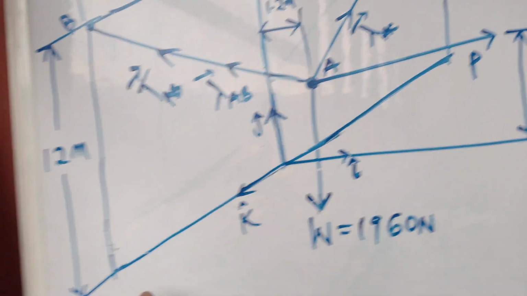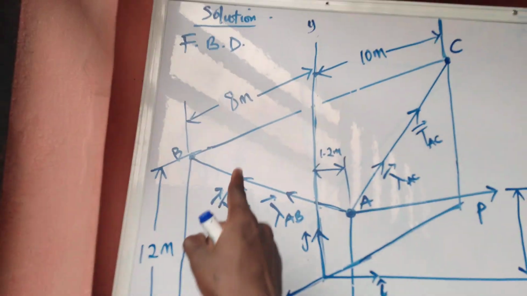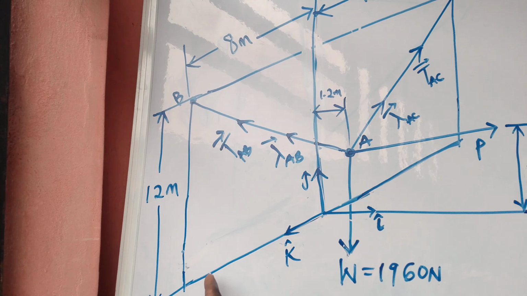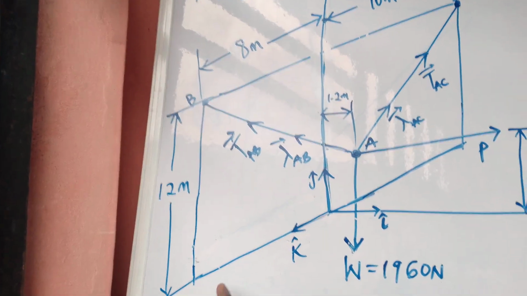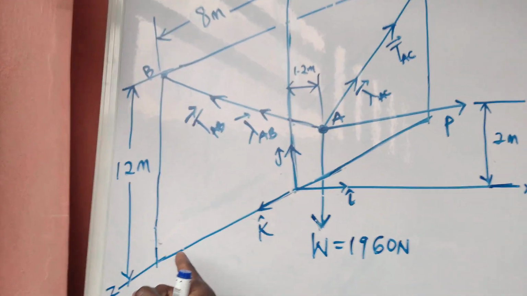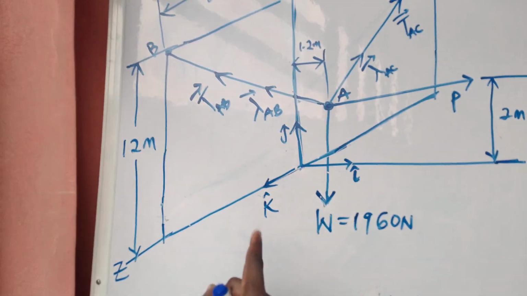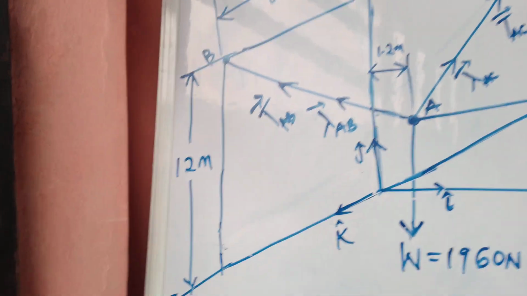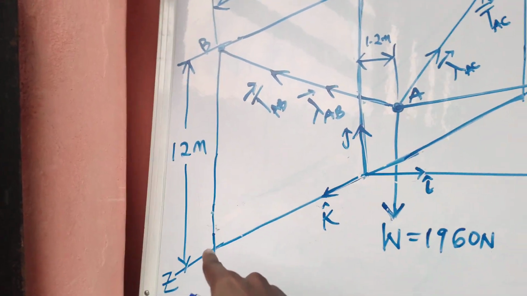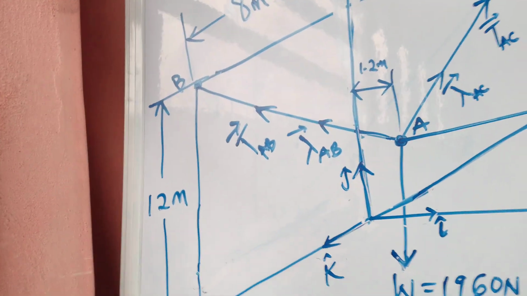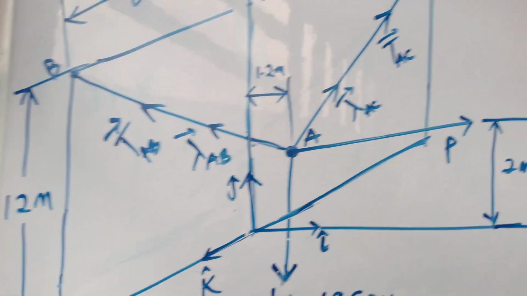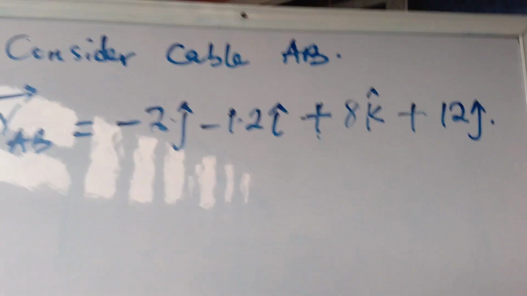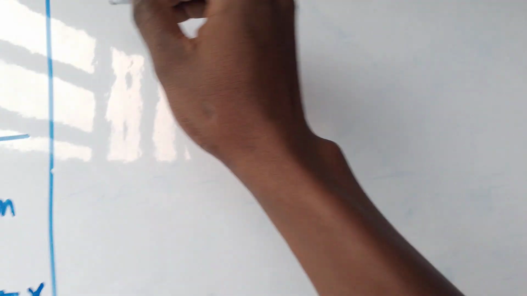Okay, then I will come this way. If I go like this, with respect to this other distance, 8, I'll be having plus 8K. From here, I go down, that is plus 8K, with respect to K as this. Then I go up until I get to point B. Go up, that is plus 12J. Okay, so that is it. Then I'll rearrange it. I'll be having what? RAB